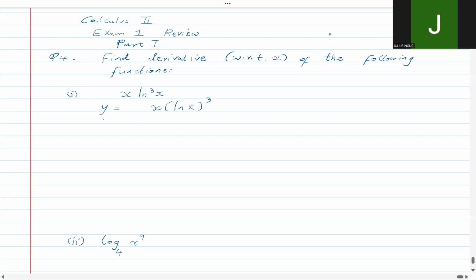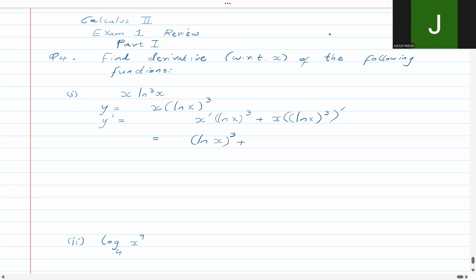So that means to get y prime, we have to find the derivative of x, that is x prime, multiplied by (ln x)³, plus x, then the derivative of (ln x)³. That's the product rule. Let's start. The derivative of x is 1, so we only have (ln x)³